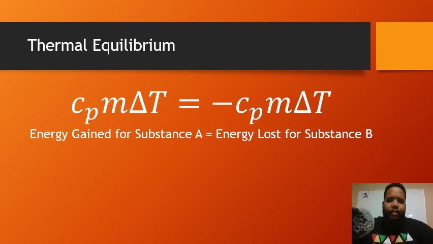Next, we have thermal equilibrium. Now, usually when we have thermal equilibrium, that means that the energy gained for a substance is equal to the energy lost for the second substance. You may notice these letters from an equation that I gave you earlier, which is basically Q equals negative Q, which looks complicated when you first look at it, but if you really think about it,